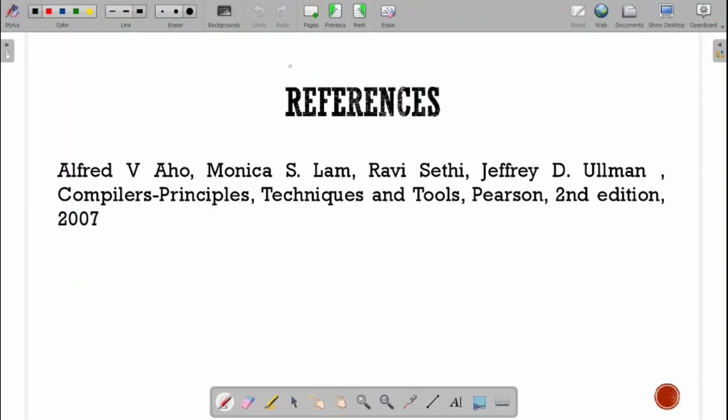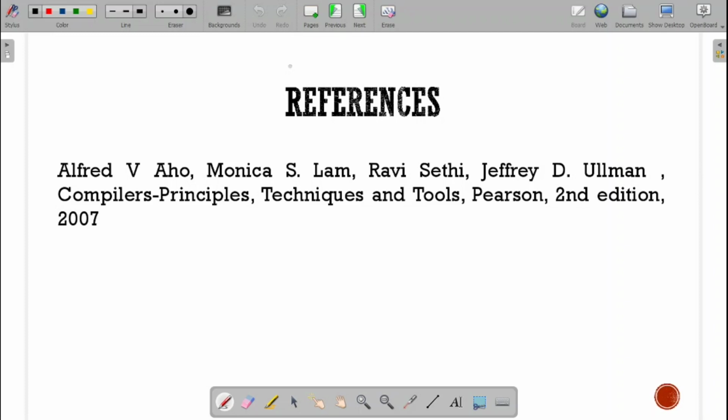In this video, we came across how to make the grammar suitable for top-down parsing. First we studied the elimination of left recursion, which may be immediate or indirect. If it is indirect, we saw by using the algorithm how to make it immediate. Once it is immediate left recursion, we follow the method: A derives A alpha or beta is replaced with A derives beta A dash, and A dash derives alpha A dash or epsilon. And if we have some common prefixes, then we go for left factoring.